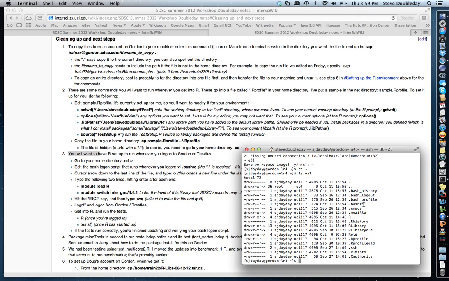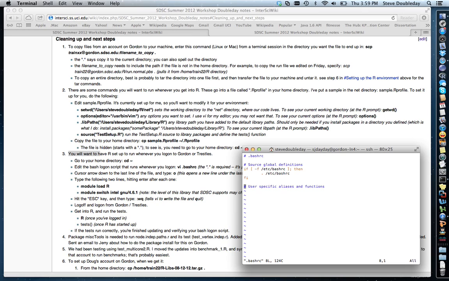There's something called .bashrc, which is executed whenever we log on. And that's where we're going to want to put some more commands. So let's edit that baby. .bashrc. And at the end, here's our cursor. We use our arrow key to go down to the very last line. Can't go any further. Then we just type O. And that says open a line underneath the last line. And we're going to type those two module commands we just did by hand, just as if we were typing them with the keyboard. Module load R and module